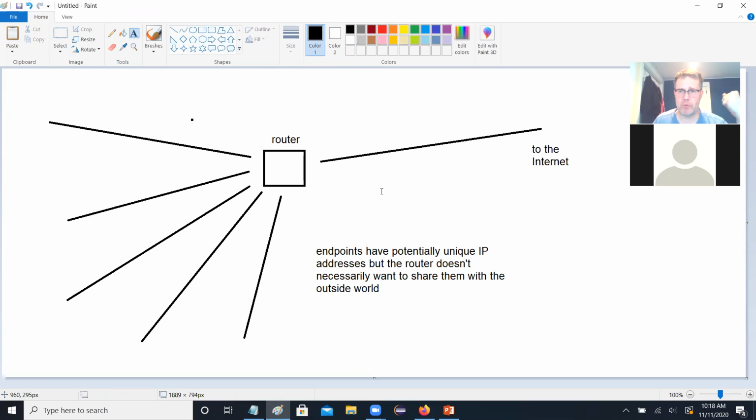Another possibility is you just want to do it for security. You don't actually release your IP addresses, so bad guys on the outside have a much harder time targeting your particular machine. So for a variety of reasons, the router might wish to conceal your IP addresses or otherwise transform them. Network address translation basically does all that. And again, we're putting an extra step in this